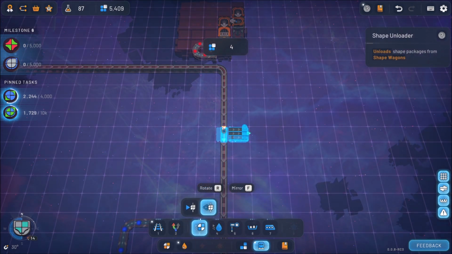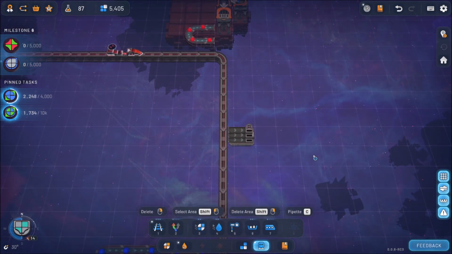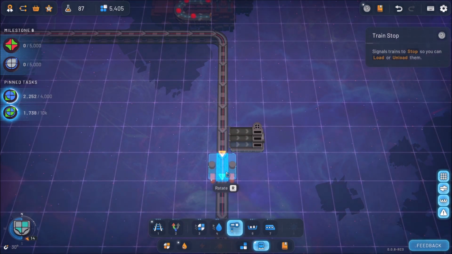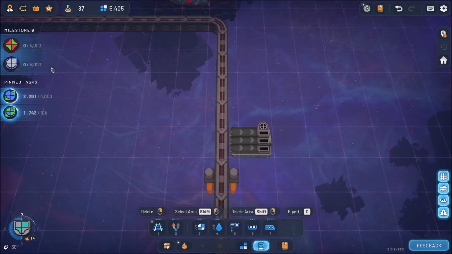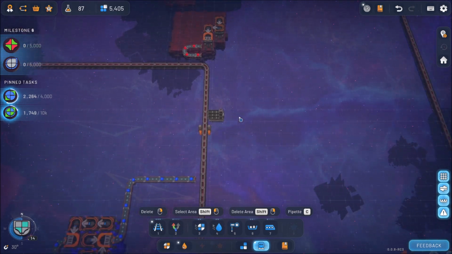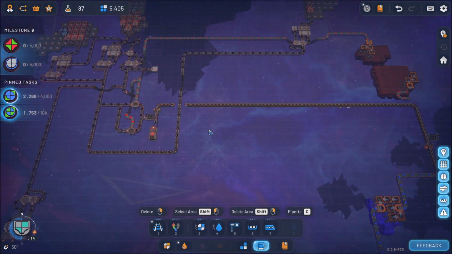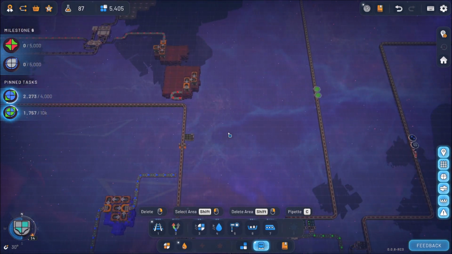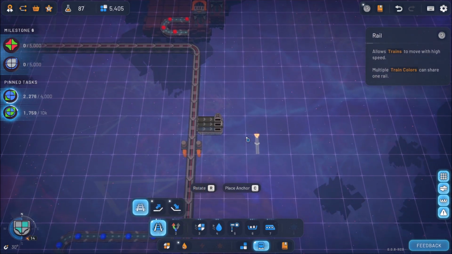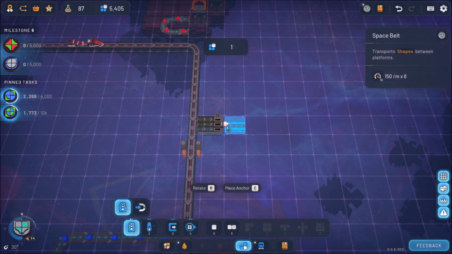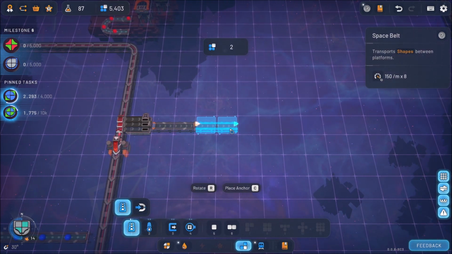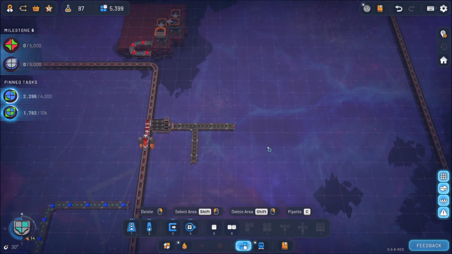Shape unloader. Yeah, we'll unload here instead. We need a stop sign to make the train stop, obviously. And we're taking off the first carriage. So we're up with the red ones we've loaded on. We're unloading them again onto here. And what we can do is, this one here, we can take off 50% of them, like that, and